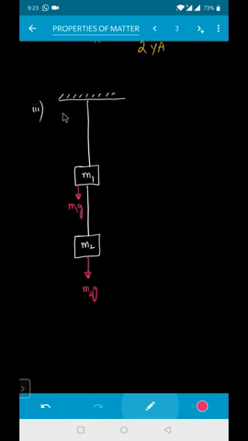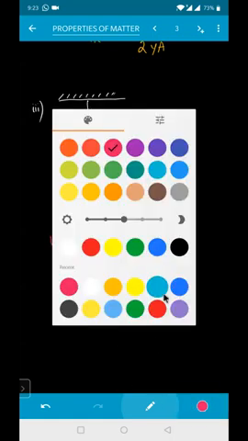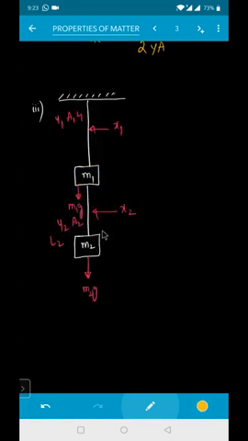This is the first wire, beta. So Young's modulus of this one is Y1, area is A1 and length is L1. So extension in this wire is, say for example, X1. And extension in the second wire is, say for example, X2. This is the second wire. Young's modulus of this wire is Y2, area is A2 and length is L2. Clear? What is the other force acting on that one? Spring force is acting in the upward direction. That is K2 into X. In this one also spring force is acting in the upward direction in the wire itself. That is K1 into X. Clear?